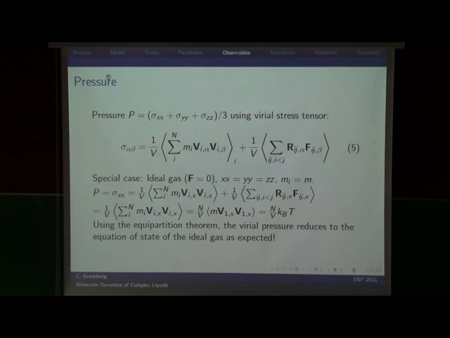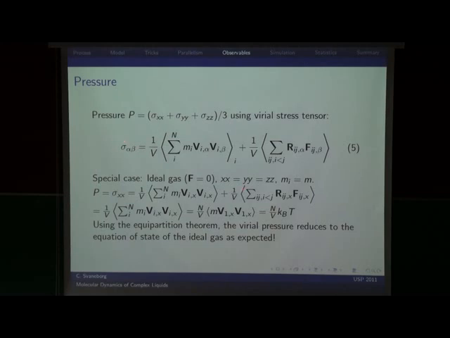So by far, I think the most complicated thing when you do simulations is actually to figure out that the pressure is given by this expression. And I'm not going to prove it or go into terrible detail, but basically, what we can do is define a tensor, which is called the virial tensor. It's called the virial tensor because these kinds of things, where you have a distance tensor product with force, are called virials. And what you can show is that this tensor,